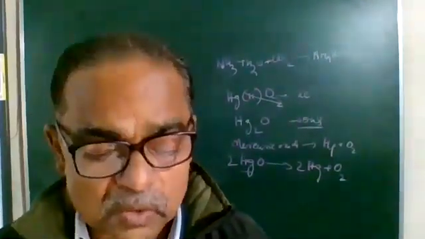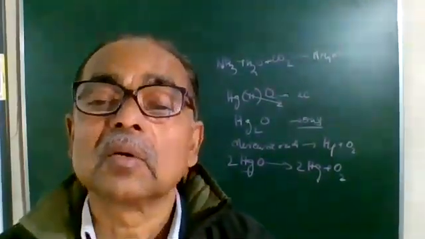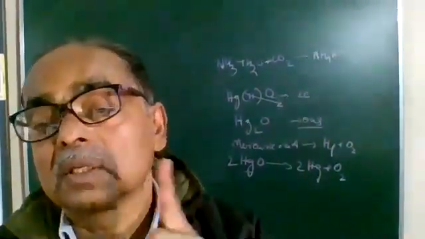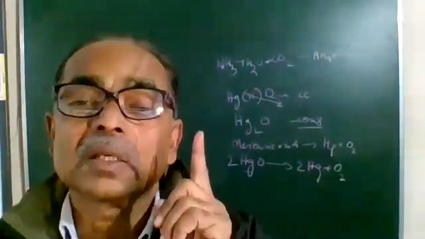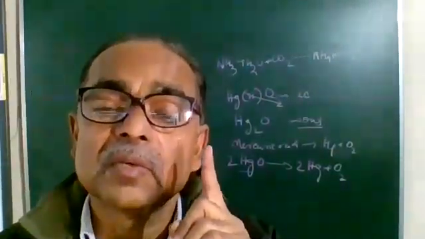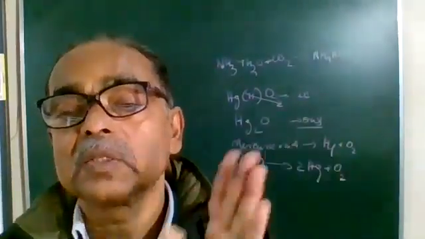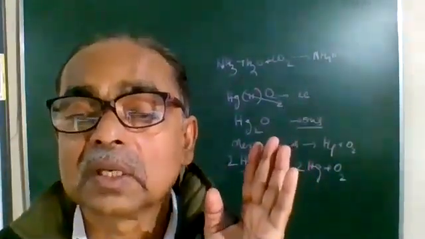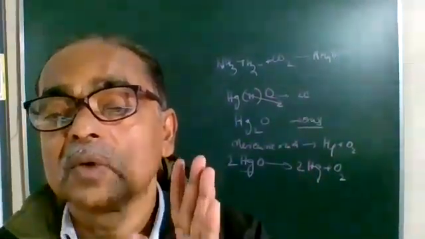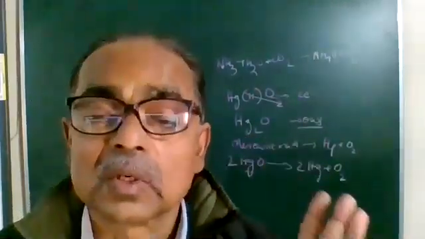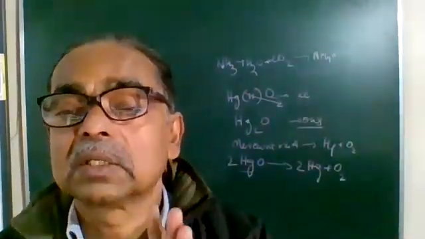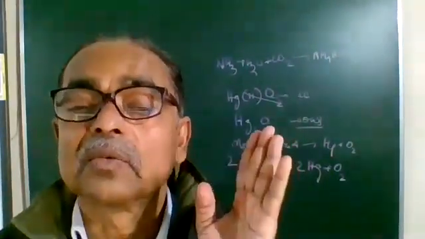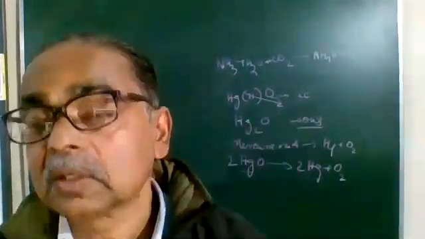Understood it? And what is most important here is that whenever a combination reaction takes place, the number of reactants is more, and the product is only one. And a combination reaction is always accompanied by the release of energy. Simplest example, when coal is burned, we get a tremendous amount of heat. Carbon dioxide is released. Hydrogen burns in air to produce water, with a bluish flame, and a tremendous amount of heat is released. Calcium oxide, that is quicklime, to which when water is added, a lot of heat is released. So in combination, heat is released. A number of reactants combine, and we get a single product. All right, that is all about combination.